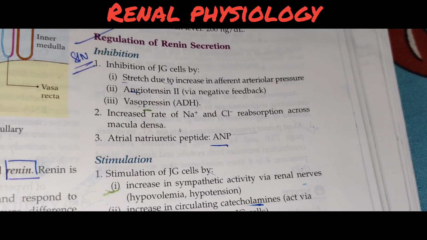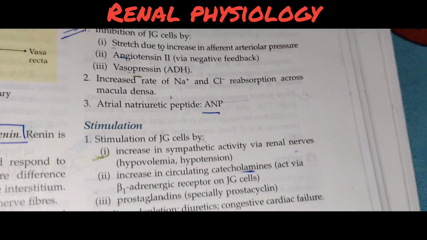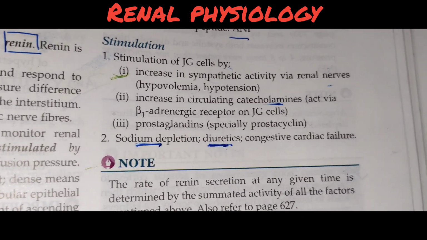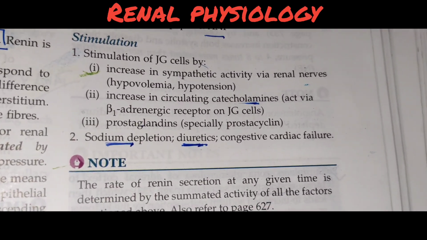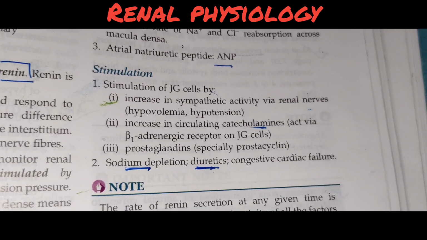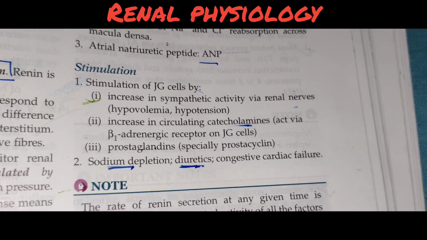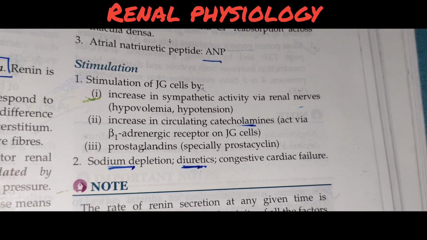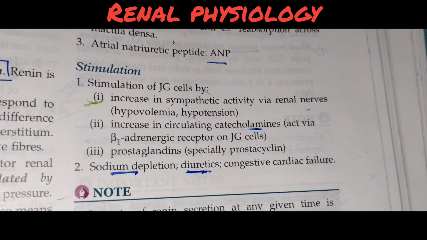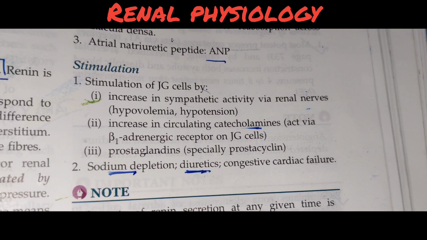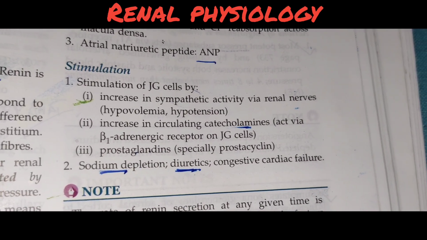Now let's see regulation of renin secretion. First of all, we will see the stimulation. How to remember this? Start with the cells we did. First of all, we discussed the juxtaglomerular cell. So we know its two properties. First of all, that it is a baroreceptor. It is stimulated when there is a decrease in the pressure. And the second one, that it is innervated by the sympathetic nerves.